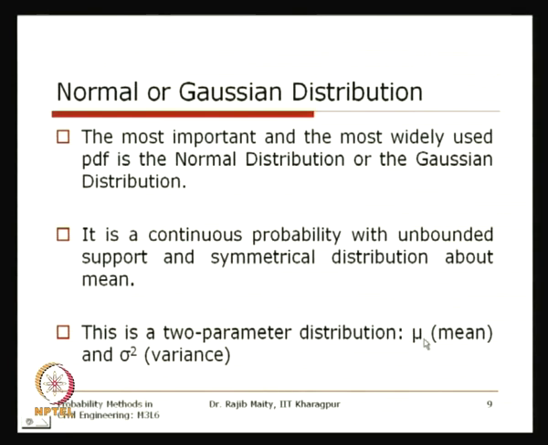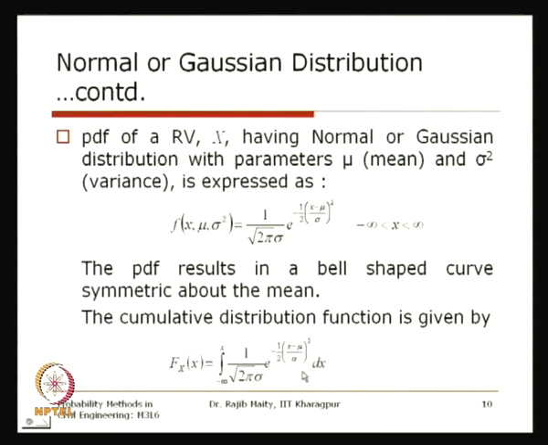Here also there are two parameters, one is this mu and another one is the sigma square. We will see how the distribution looks like and its different properties. This is the PDF for this normal distribution. So, the PDF of the random variable x having normal or Gaussian distribution with the parameters mu and sigma square,